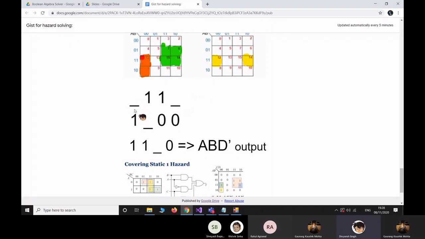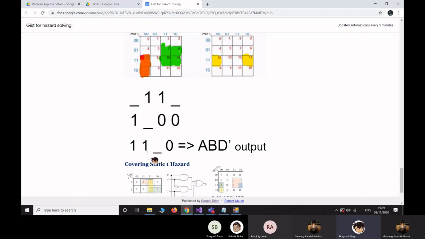Since a variable is not present, it can take either the values 1 or 0. For the generation of a common term which causes no hazard in the expression, we choose the value of the not present term in accordance to the other variable. If the other variable is a constant, we repeat that constant, or if it is also not present, then the variable can be supposed to be absent from the system of these two terms and thus not affect it in any way. Therefore, for A, we will conclude the cover term to be 1.